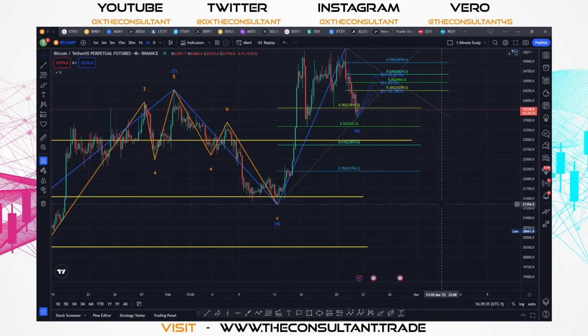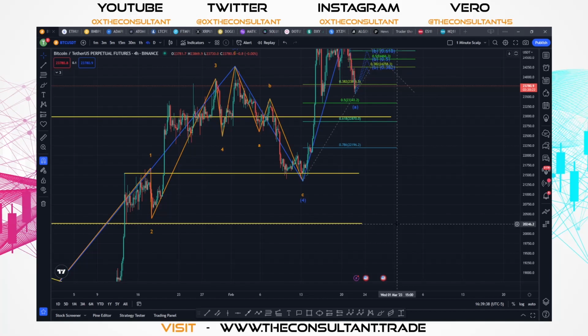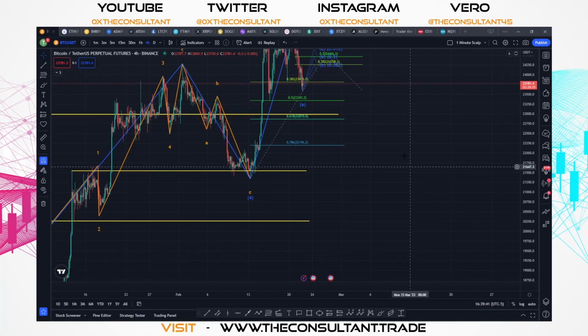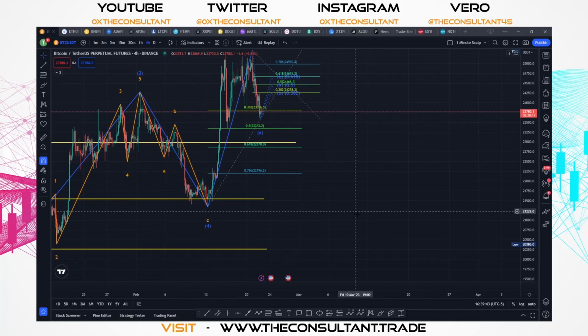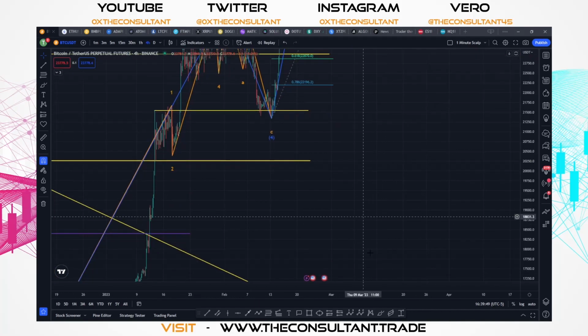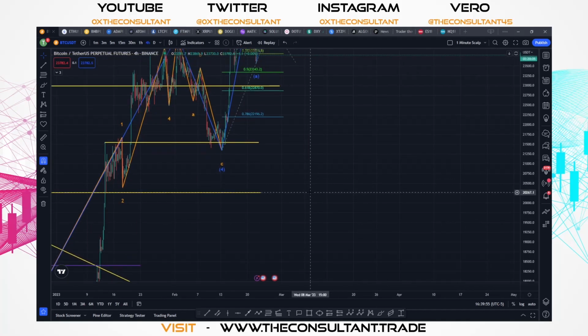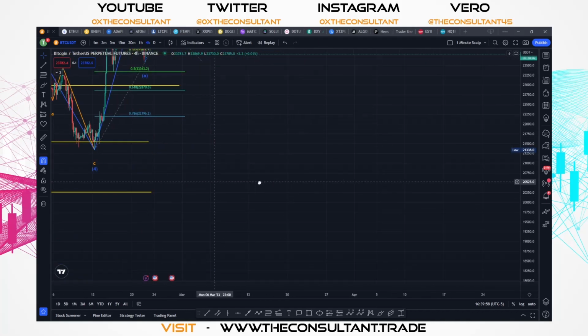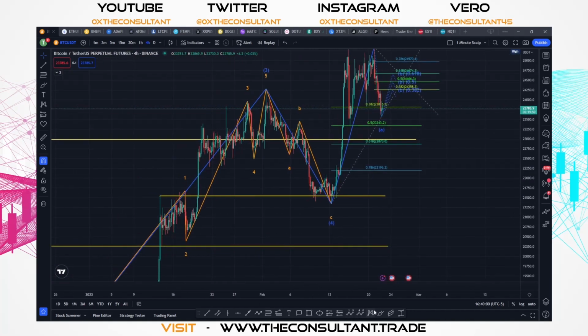break this area, we have the potential to make this into a reversal. Okay, this corrective wave could turn into a reversal, and we would have an even further downwards trend, probably further back below 20,000. Because if you look at where our previous structure is, we broke the 21.5, and we didn't retest this until here and here.